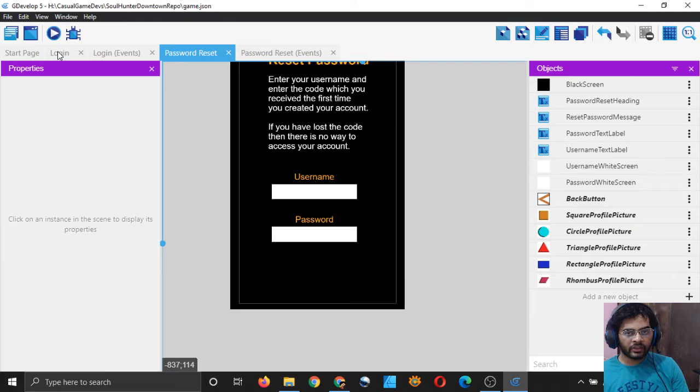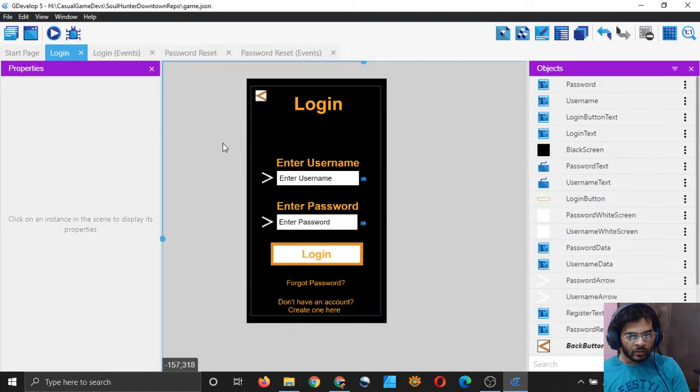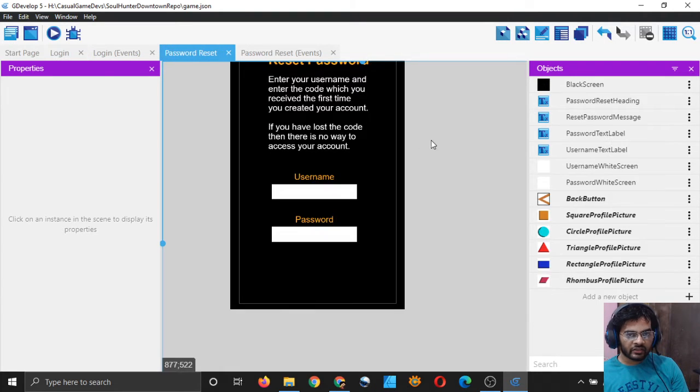Let me see what names I have chosen in the login scene. So in the login scene I have this one. This is called username data, this is called password data. So with the same name I will create these two in my password reset scene as well.